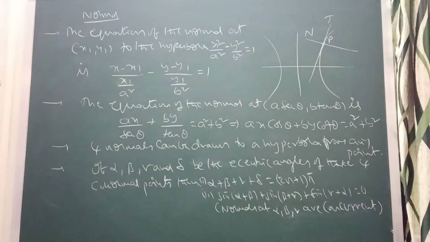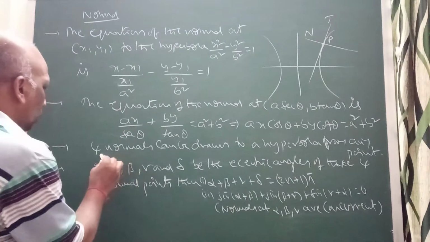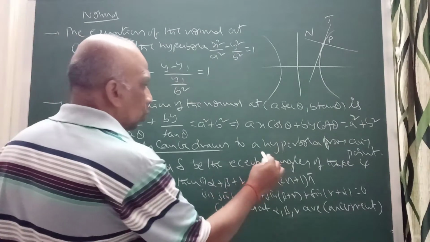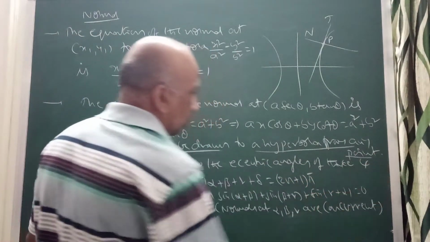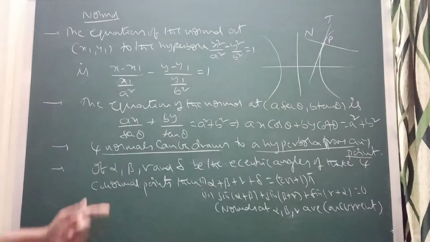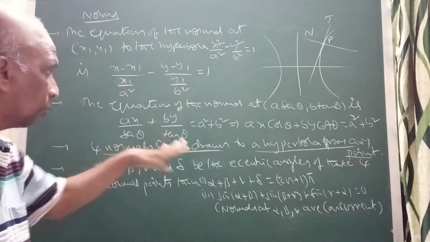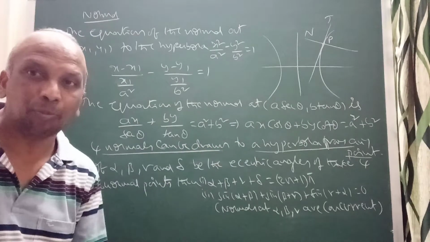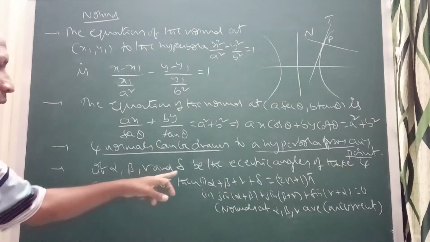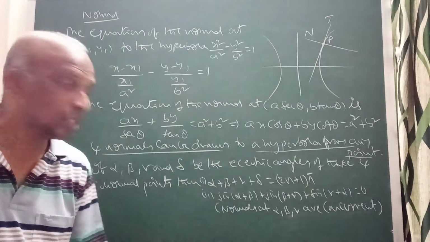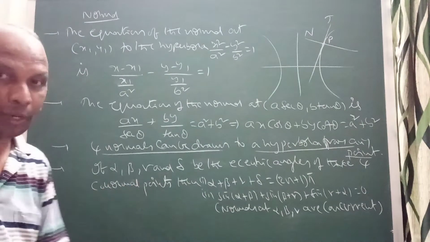Equation of the normal. Even 4 normals can be drawn to any point. Always 4 normals can be drawn to a hyperbola from any point. Suppose alpha, beta, gamma and delta are the eccentric angles of these 4 co-normal points,